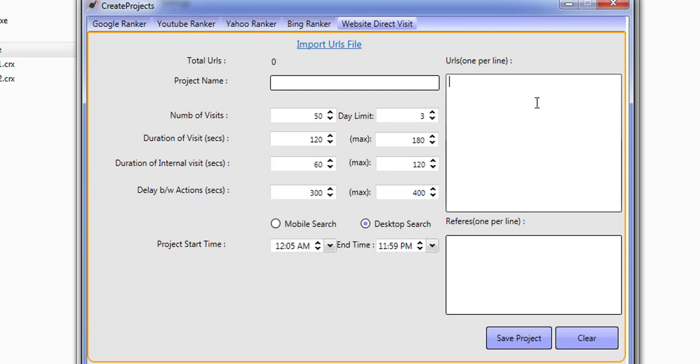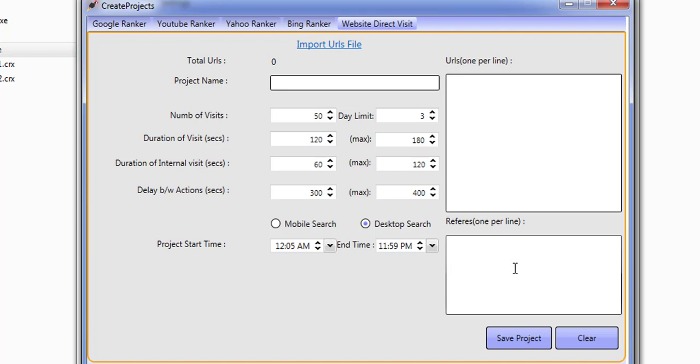So you'd have your website URL here. You might put some social sites down here. Now these are referrers. What this means is it's going to make your website look like it's come from whatever referrer you put down here, guys. So it's going to tell your website that the visit has come from whatever referrer URLs you put down here. So if you want to add some social traffic, you can put things like Pinterest and Twitter and StumbleUpon,